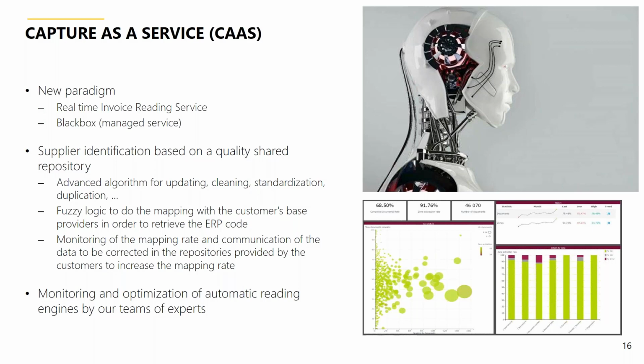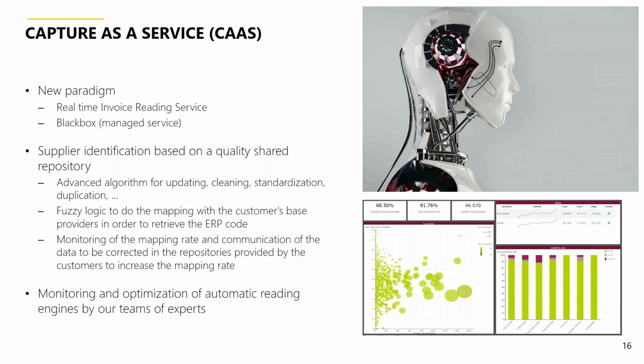Thanks to this approach, our customers are able to benefit from automation rates that are literally unmatched until now. And these gains are what's very important. A simple improvement of the reading rate success going from 50% of invoices to 85% makes it possible to more than treble the number of invoices that any full-time equivalent clerk can process. Because it's as a service, you no longer need the technical skills to set up the reading engines or hand-key and code invoices, and in the majority of cases, the invoices are fully automatically read and